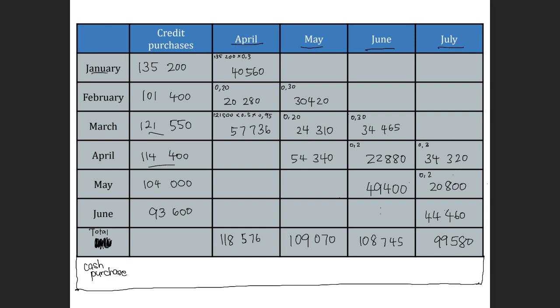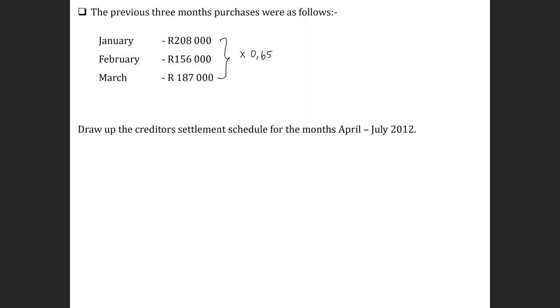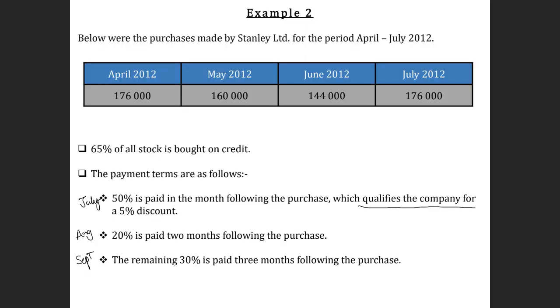So you're going to look at those months and you have figures of the purchases that took place in the month of April, May, June, July. If you do have the purchase figure, you can calculate the cash purchase in that particular month. If you don't have the total figure, then you cannot calculate it for that particular month. So let's go back to the information and see whether we do have figures for April, May, June, July. So here we do have the figures for all 4 months, which means that we now can actually calculate the